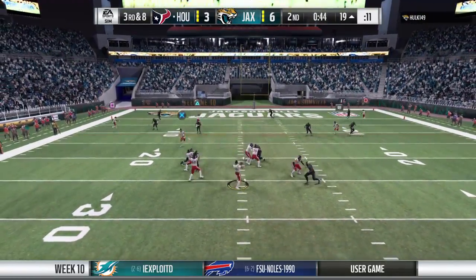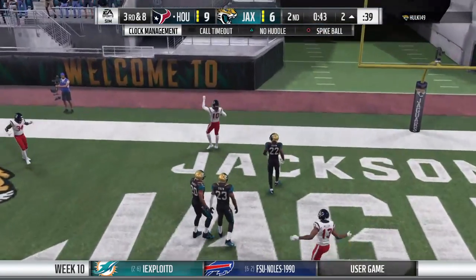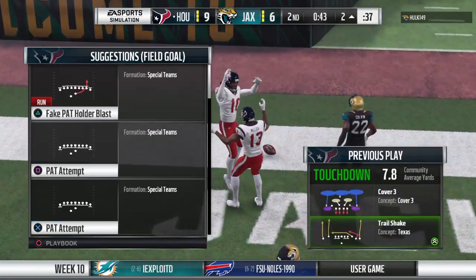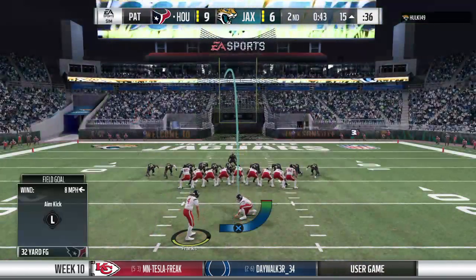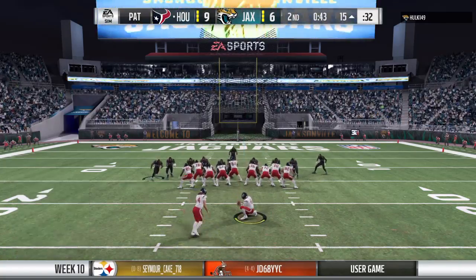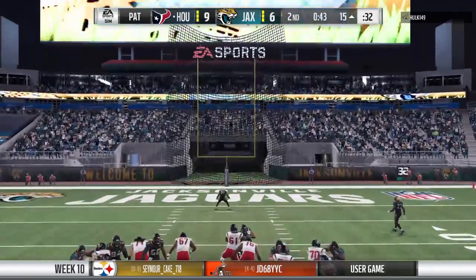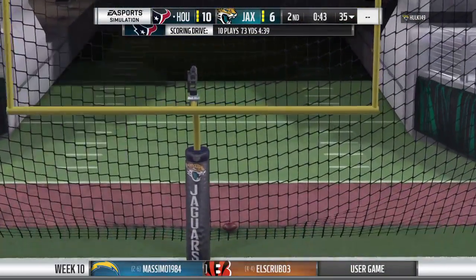From the shotgun is Trubisky. And that is caught. Touchdown, Texans. DeAndre Hopkins with touchdown number 7 on the year. Then the Texans are in for 6. And while that touchdown does not give them an insurmountable lead, it's still a lead, and that always feels good